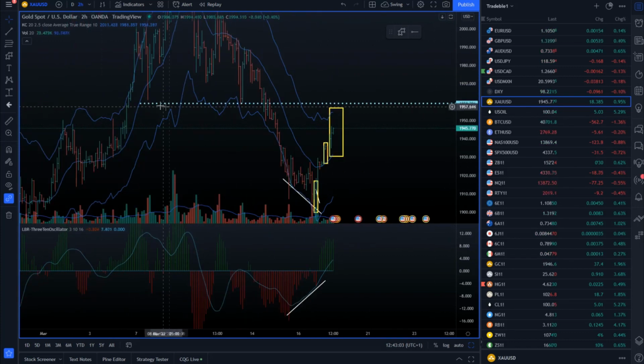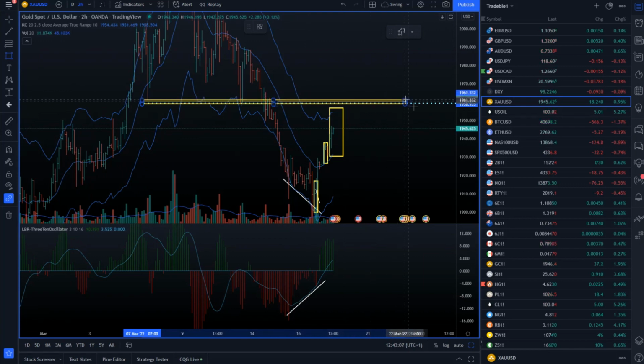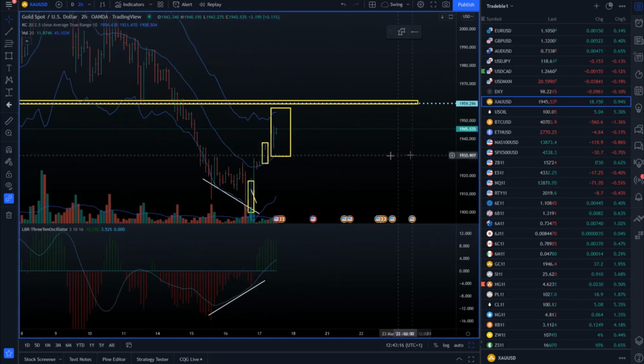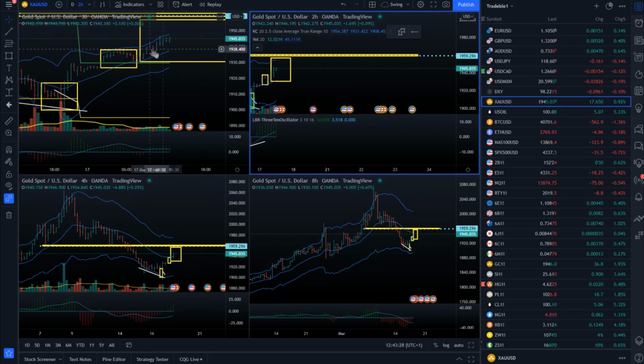We have some swing lows. Previous swing lows can act like resistance, as we know. So we have the area around 1958 to watch, like some important pivot level. And we'll see. For now, we already got this strong rejection. We'll see if the US session can have a follow through towards the 1958, or we have some downside rotation. So it seems like today is more of a day, at least at this stage, to just watch for more